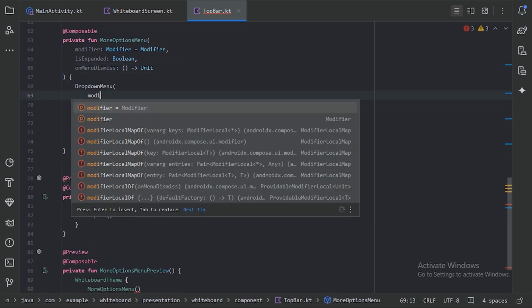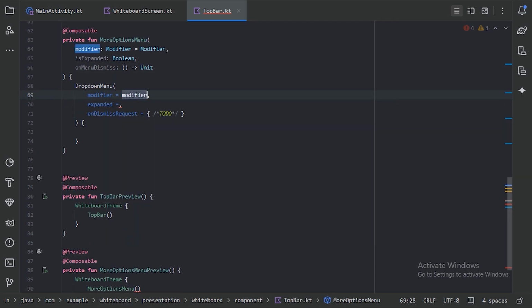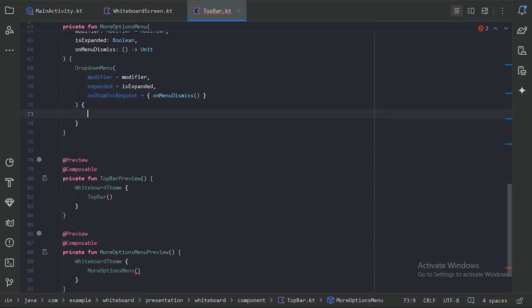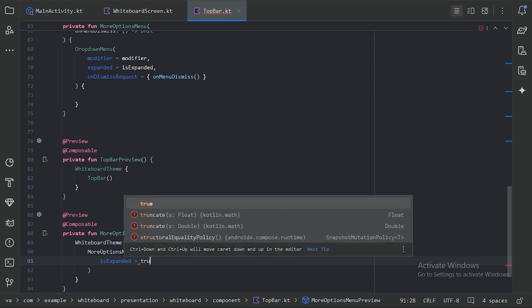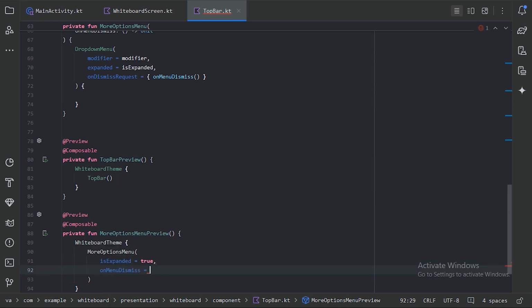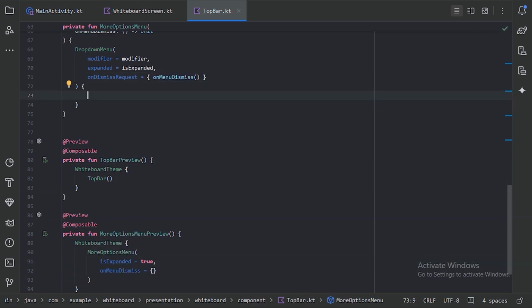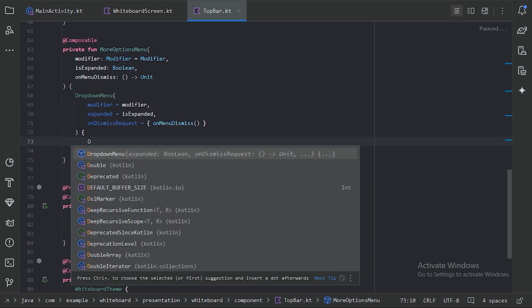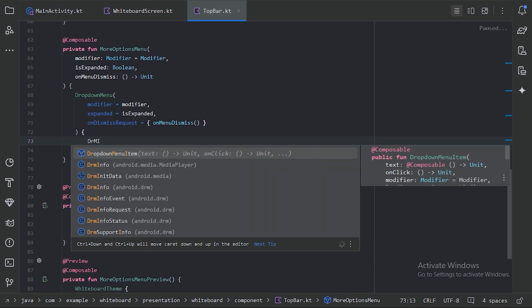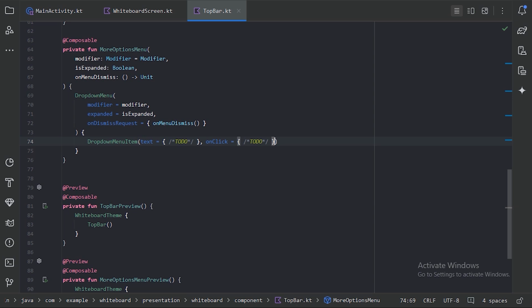And let's attach all these parameters to this menu. Our preview function is giving an error, so let's provide some default values. And in this menu we need to define the menu items. So we have this drop down menu items,